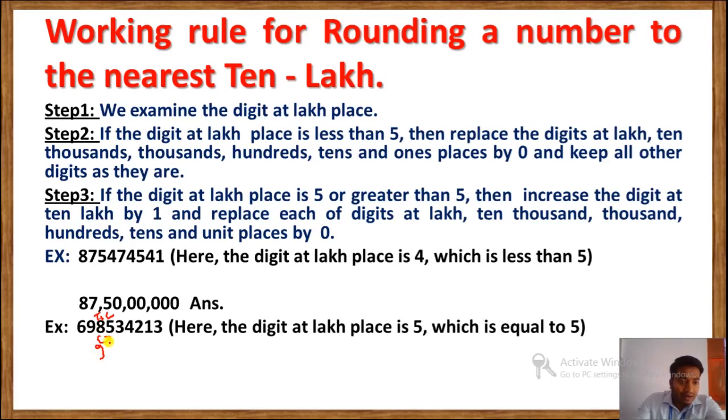And we have to give 0 this side. We have to replace these digits by 0. Understood? And this side we have to write as it is. See the result. As you can see, when we increase 8 by 1, it will become 9, then 0, 0, 0, 0, 0, and this side as it is, 6, 9. Understood?